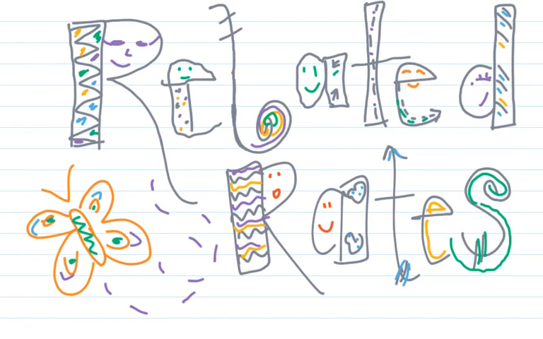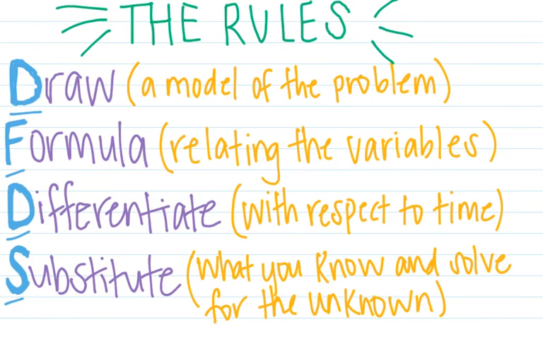Alright, hey guys, today we're going to talk about related rates, which is not so bad, but before we can approach any related rates problem, there are a couple things that you have to know. First thing you have to know are the rules, and I use DFDS to help me remember what those rules are. The first thing is D, you want to draw out a model of the problem. F, which is formula, you want to find a formula that can relate the variables in the problem. D, again, differentiate. You want to differentiate that formula that you'd found with respect to time. And then S, substitute. You're going to substitute in the variables that you do have, and then you're going to